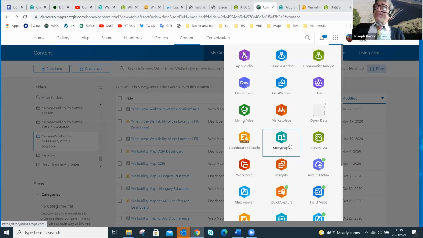Just like many of the tools, all of the tools really that we've talked about today, story maps have evolved. They've been around since 2010. They came in when Alan Carroll came over to Esri from National Geographic as chief cartographer and said, I've got this idea to have multimedia story maps. We said, Alan, that's great. Here's a team. Here's the platform. And for a couple years, Alan and his team, which would have been a kind of a cool job, created a story map every week.